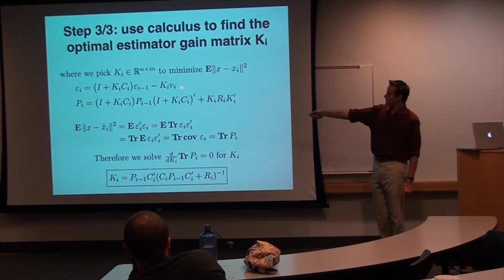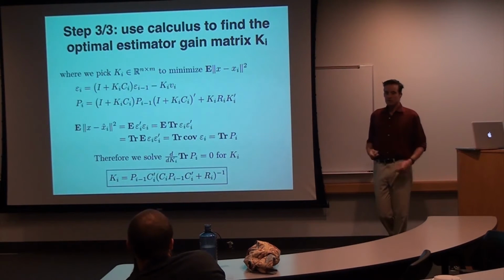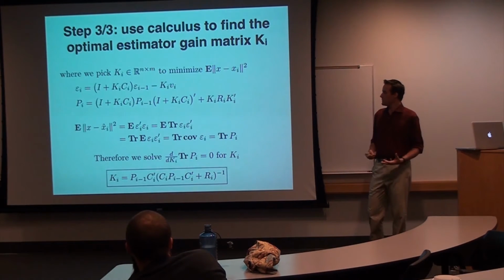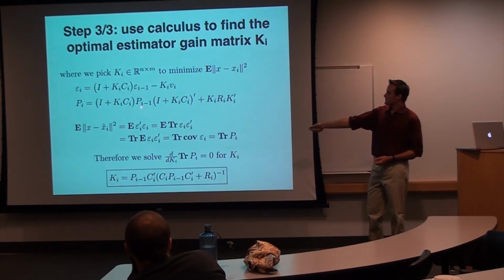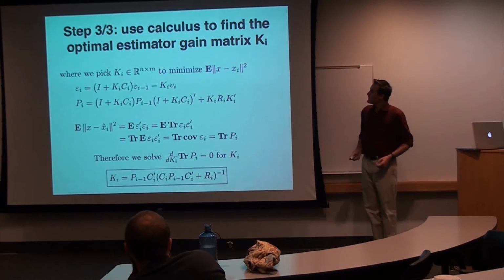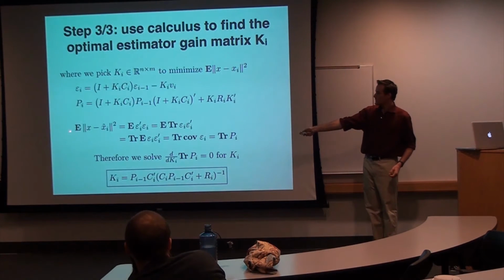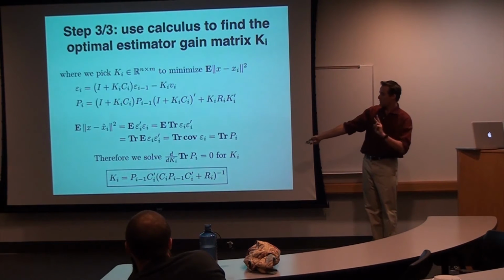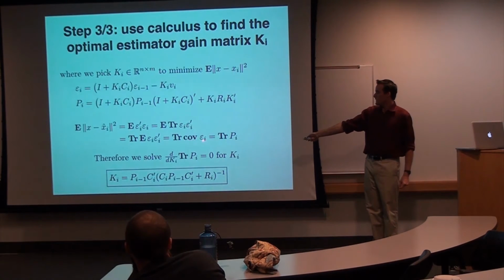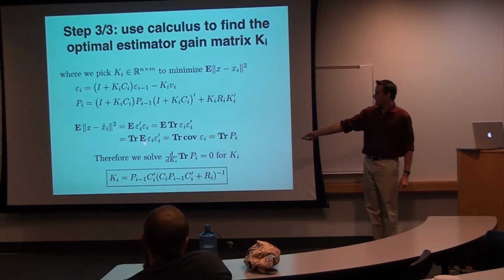We express the error recursively, and the covariance of the error. This is essentially how uncertain you are in the quality of your estimate, and you can express this recursively. The last step is to massage this mean square error. So this is E transpose E, which you can swap around. It's the same as the trace of E E transpose, with the trace and expectation operators, and the covariance of